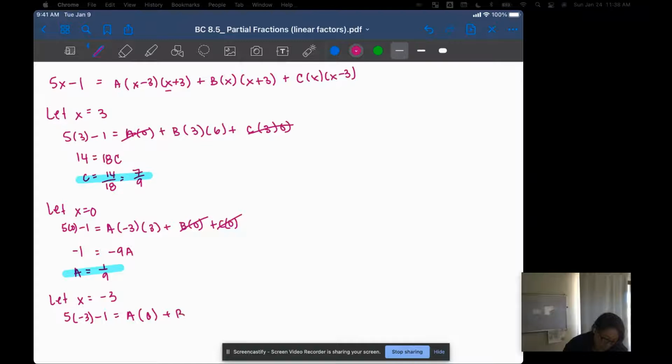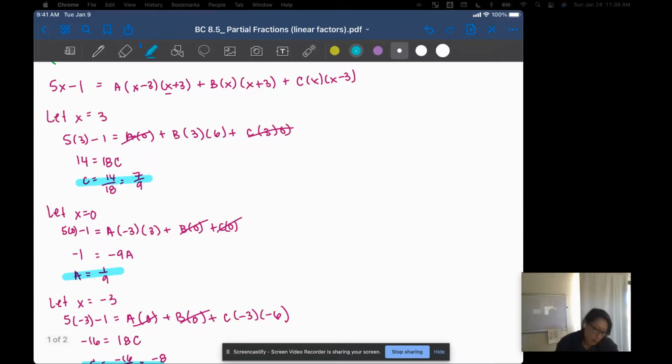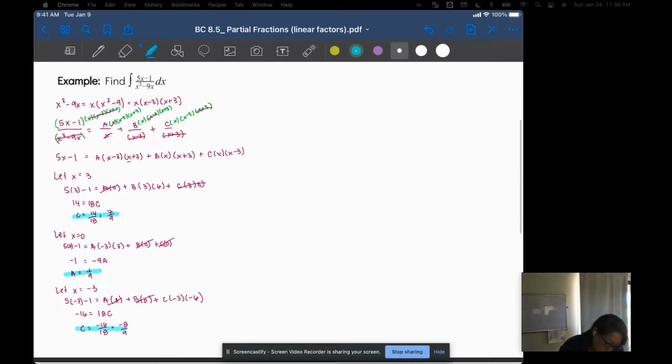Plus b times 0 plus c times negative 3 times negative 6. Yeah. So I get negative 15 minus 1 is negative 16 is equal to 18c. So c is equal to negative 16 over 18, which reduces to negative 8 over 9. Hold. Okay, let's rewrite our integral then